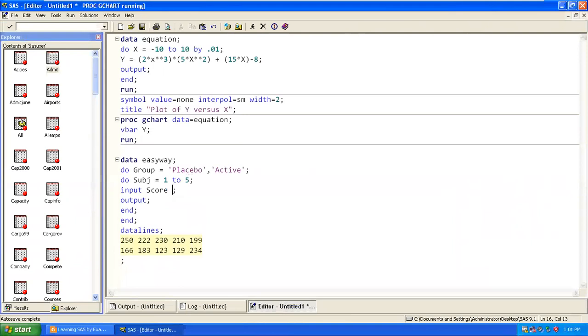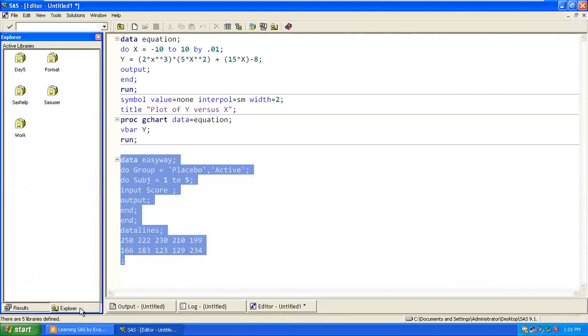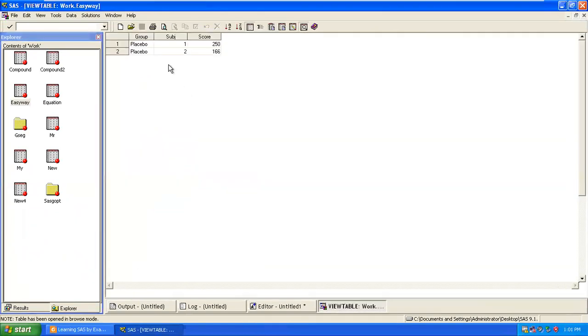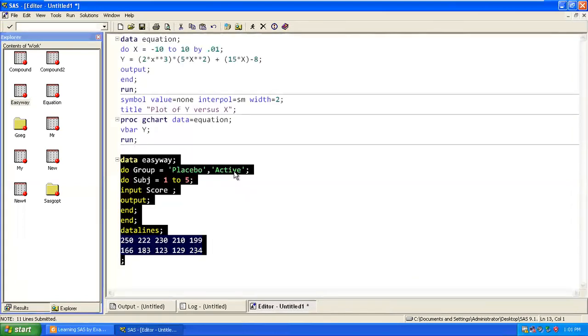So if you remove this and read, what will happen? See. Run. We'll get output. We'll get 2 observations. 1 observation. Oh, we don't have a value for that, and we are getting it only for placebo. For active, we don't have a value.